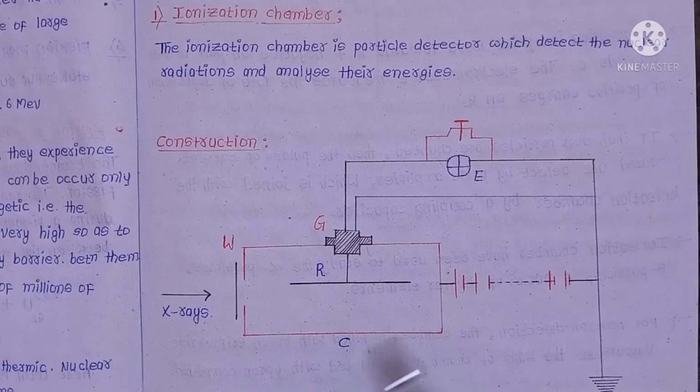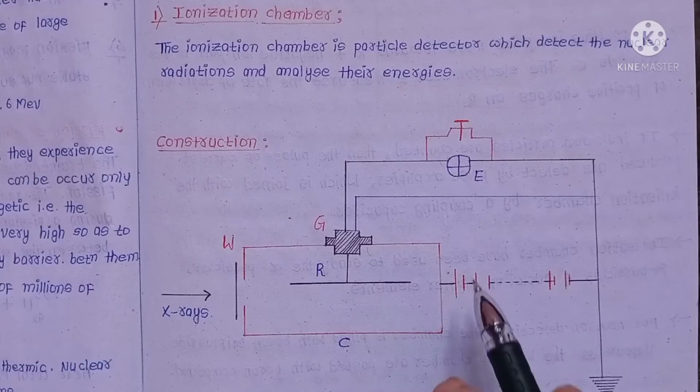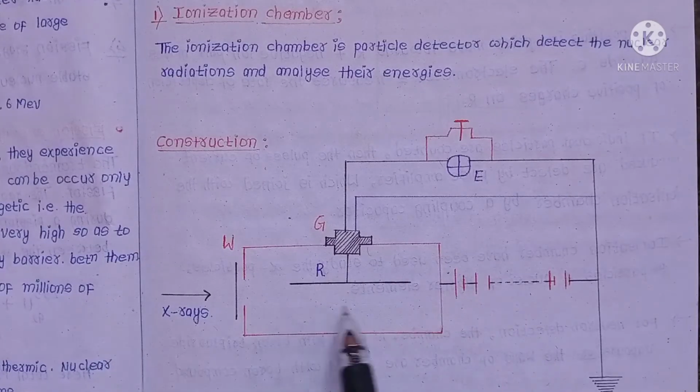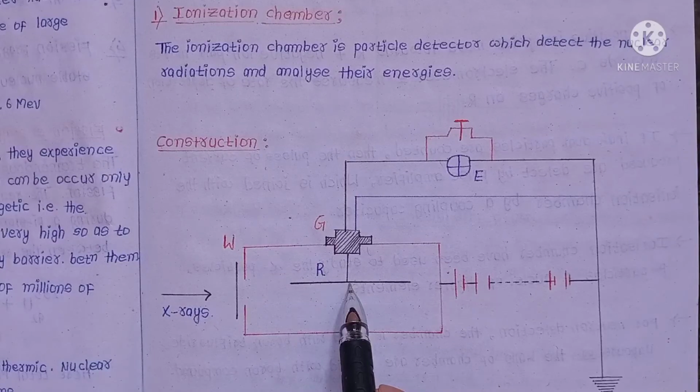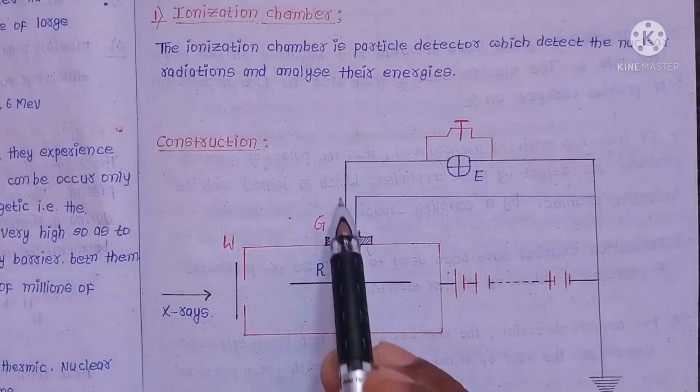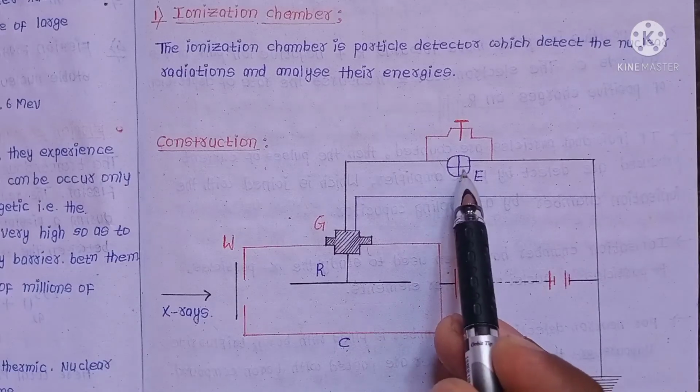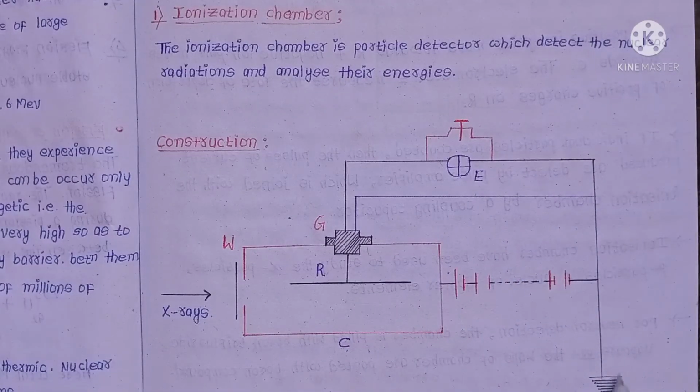So this is the working of this ionization chamber, how it detects the particles through the generation of a pulse of current. Every positive particle, which is also called an alpha particle, deposited over this metallic rod generates a pulse of current, and this current passes through the electrometer E and through the amplifier, which detects the signal or the pulse of current from this metallic cylinder, and each particle is detected. So this is the general working of this ionization chamber, which is particularly used for the detection of alpha and beta particles.